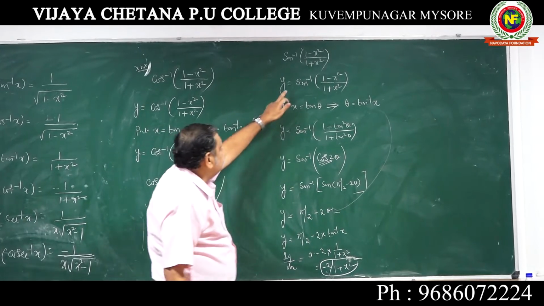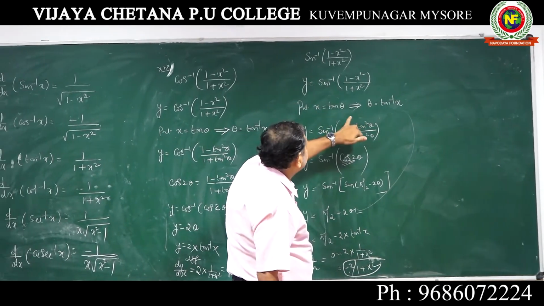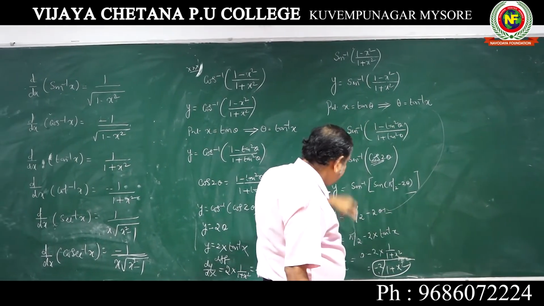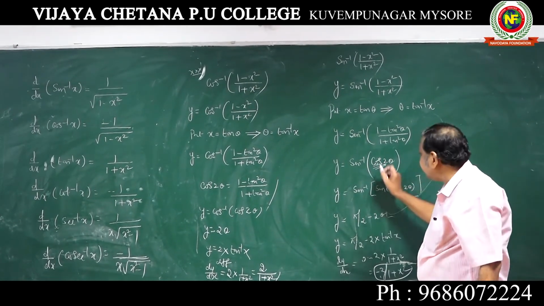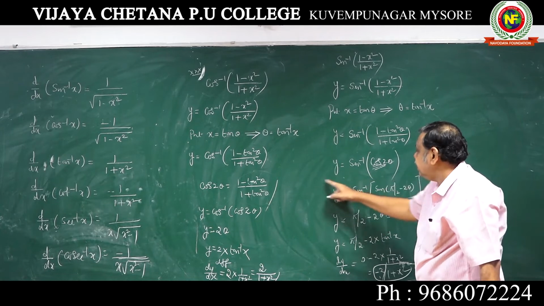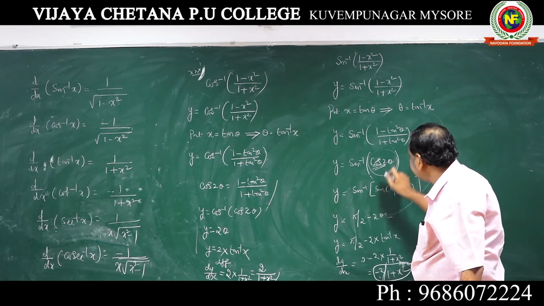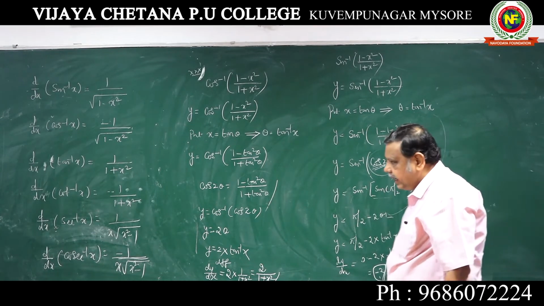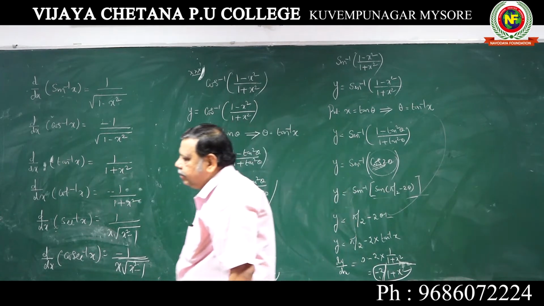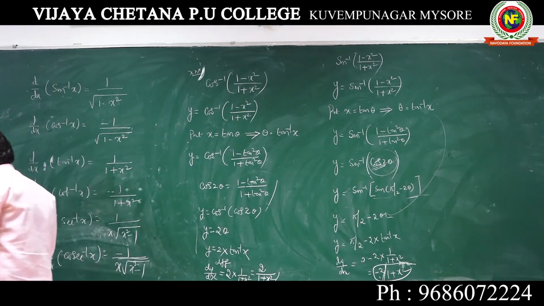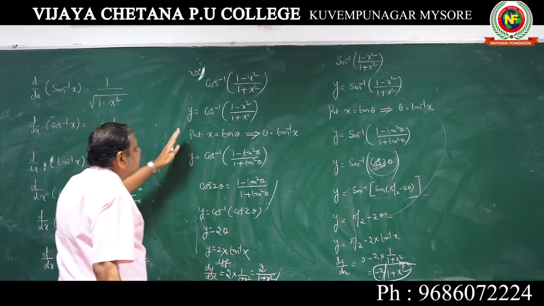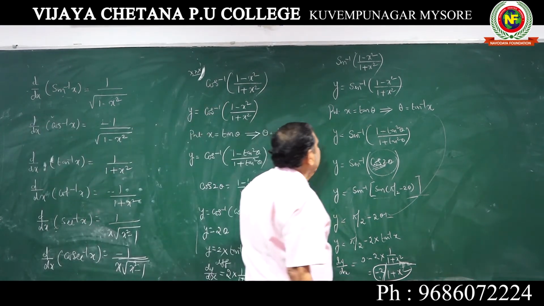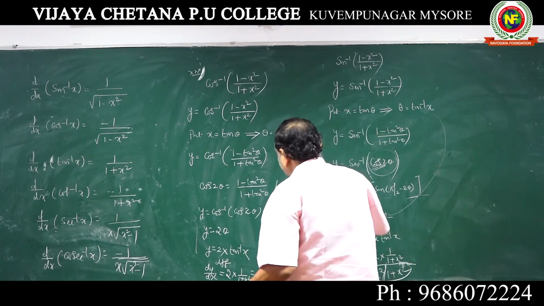Whenever it is changed like this, sin inverse of 1 minus x square over 1 plus x square, it will become minus 2 by 1 plus x square. Up to the same step, here you have to change it to sin of pi by 2 minus 2 theta and then do the problem. I suppose all of you have understood. Now we shall take the next problem. So these two things you should note. Here also, 2x by 1 plus x square.